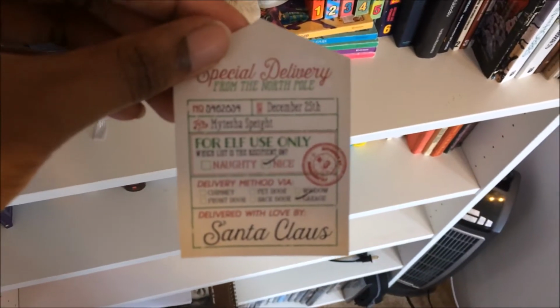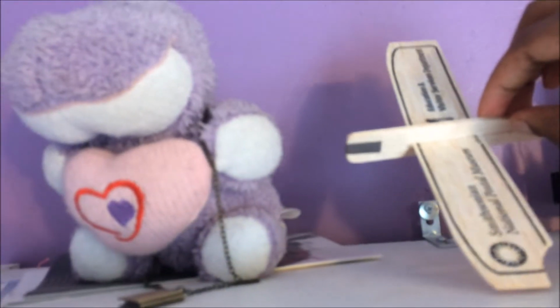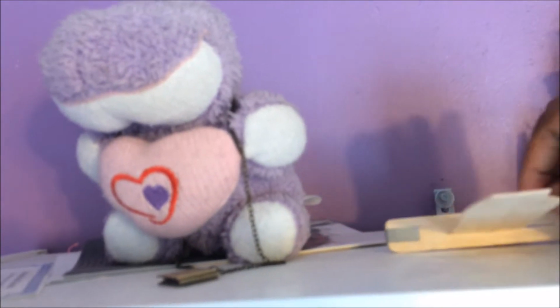This little tag I found for a Christmas present. Is this gonna focus? Let me bring it down. So this is a little tag I found for Christmas packages. I lucked out with that one, and I'm the type of person that will get really big into Christmas. A little airplane glider that I got from my volunteer place, and just hurt my arms, hold my hands up